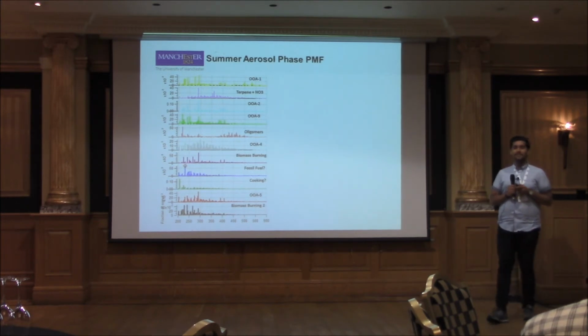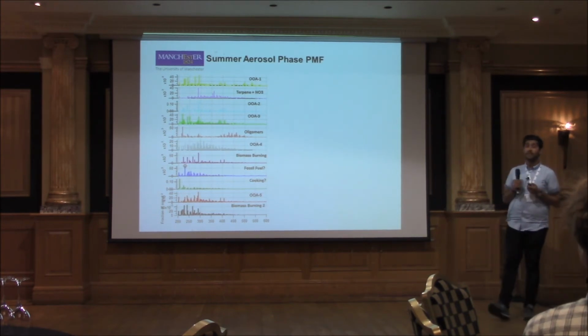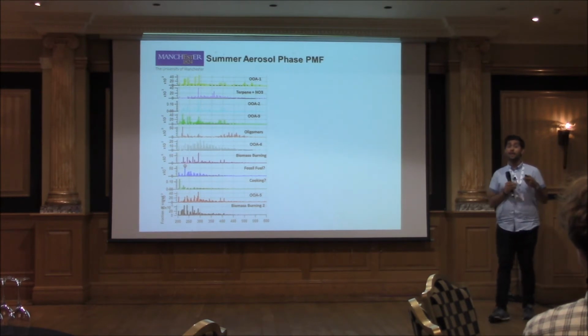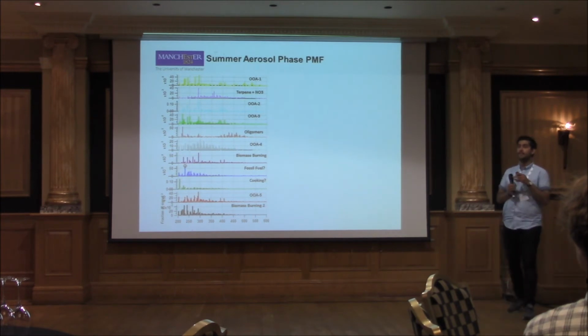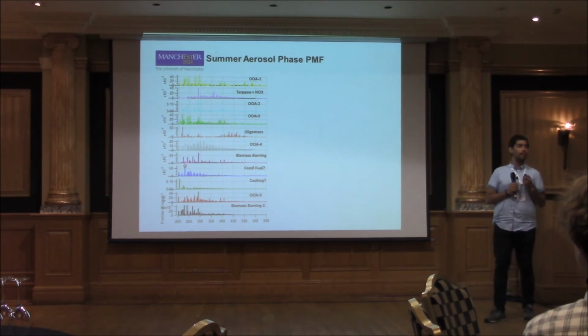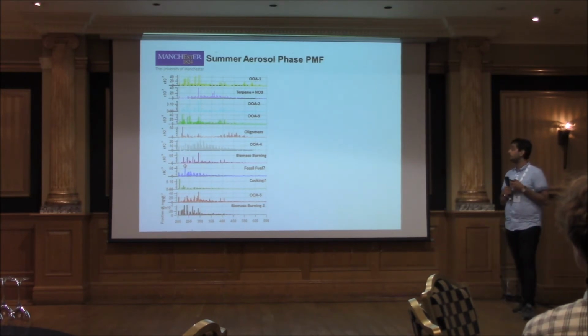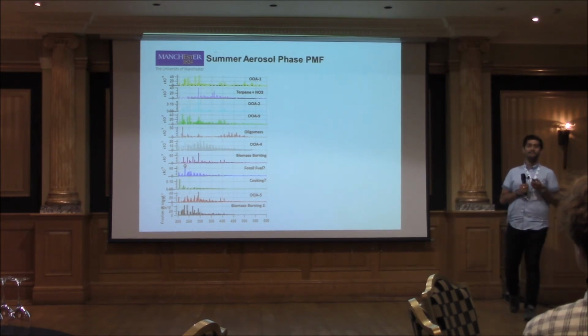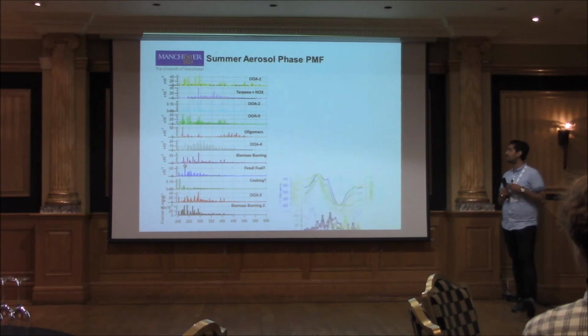Okay, so here are some names I've assigned to them. Well, not completely random. The OOA is oxidized organic aerosol, so this is what I've measured in the particle phase. Bearing in mind we're measuring both gas and particle, I've taken a subsection of the data for what I'm talking about here. Some of these processes come out quite nicely in this matrix factorization method. I can see some biomass burning signatures and some cooking related signatures, but then a lot of stuff falls into this oxidized organic aerosol blanket category with loads of different numbers.